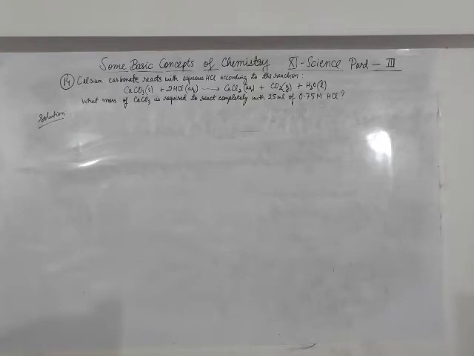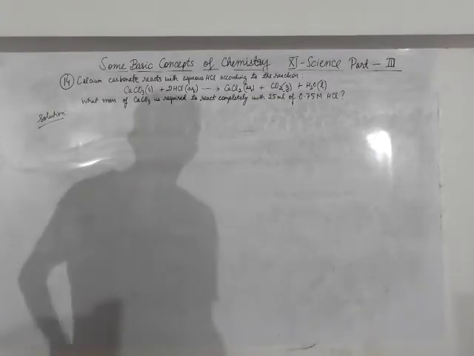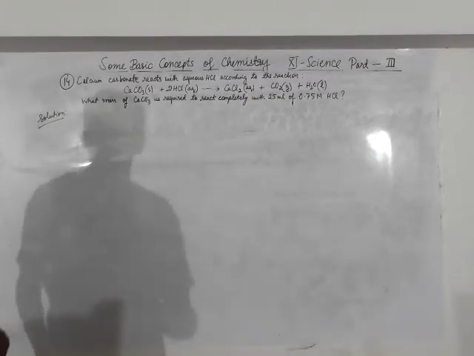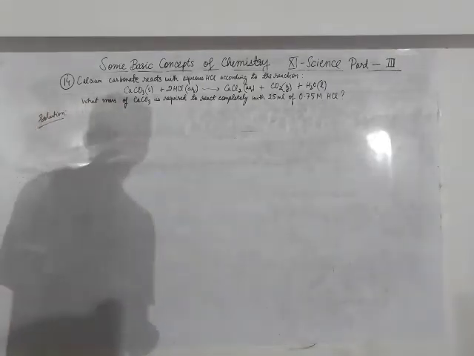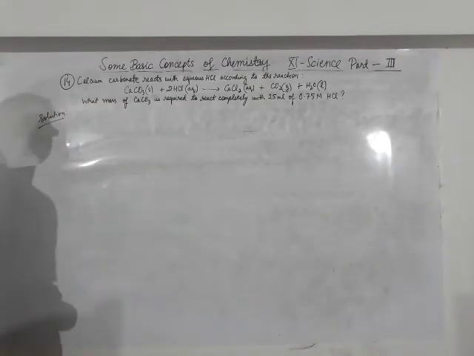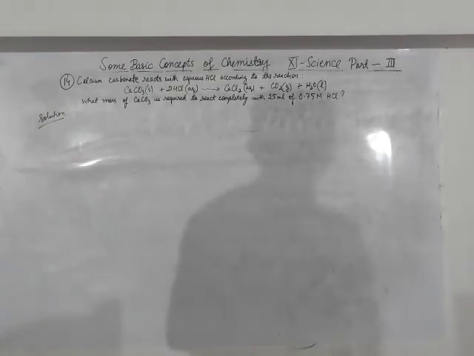Moving to the last question of this chapter, numericals, solved by me. Calcium carbonate reacts with aqueous hydrochloric acid according to the reaction given below. Calcium carbonate CaCO3 (s) plus 2 HCl (aq) gives calcium chloride (aq) plus carbon dioxide gas plus water. This is the equation. Now the question is saying what mass of calcium carbonate is required to react completely with